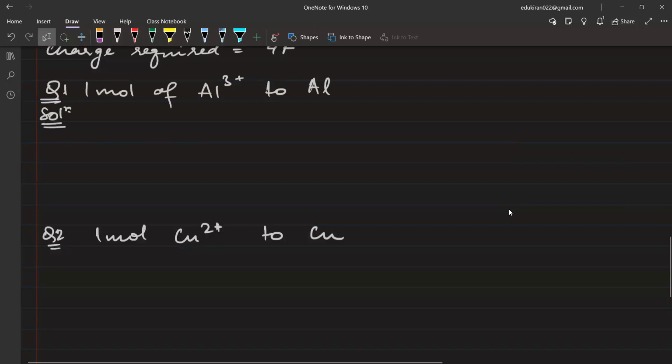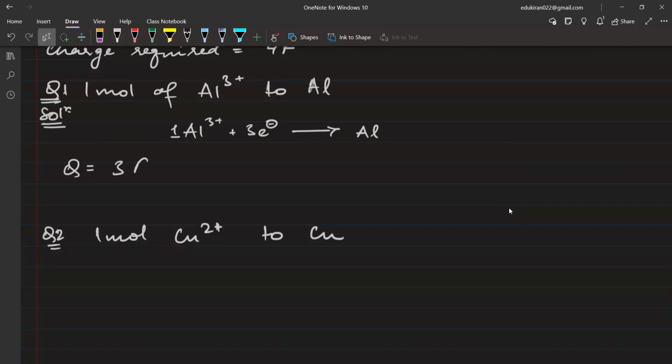First of all, what you should do, first of all, write the reaction. Aluminium 3+ to aluminium. How many moles? 1 mole of aluminium. So how many electrons will be required? 3 moles of electron will be required, right? So what is the charge? Q is equal to the number of electrons, that is equal to 3. And what is the Faraday? 3 Faraday हो जाएगा. ठीक है, कॉपर 2+ में क्या करना है, कॉपर 2+, मदिहा आपका आंसर नहीं आया अभी तक,